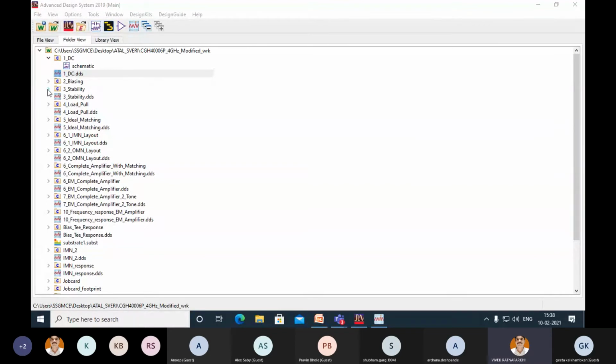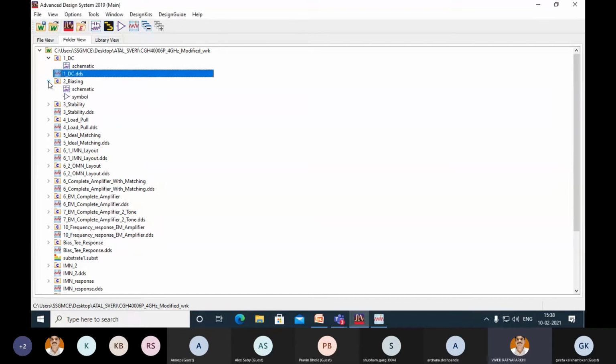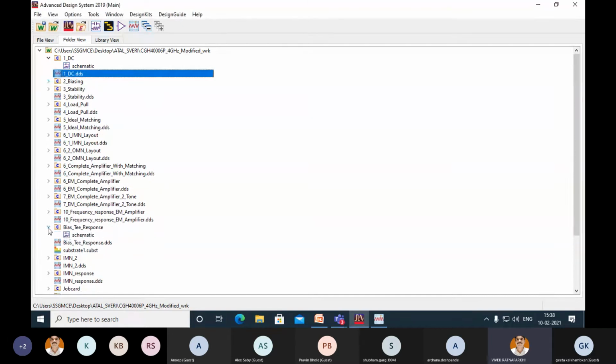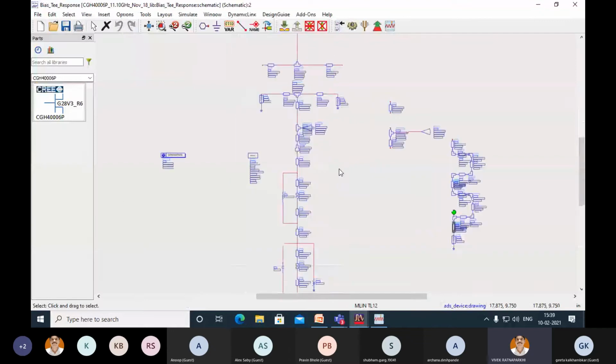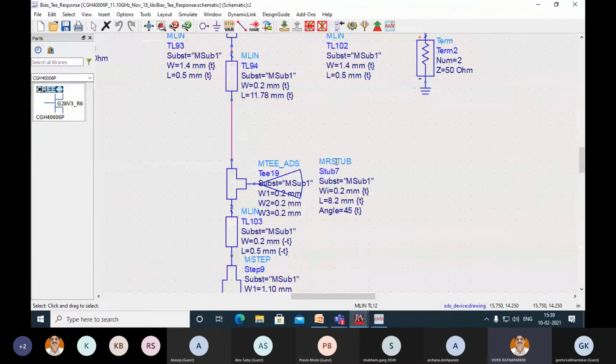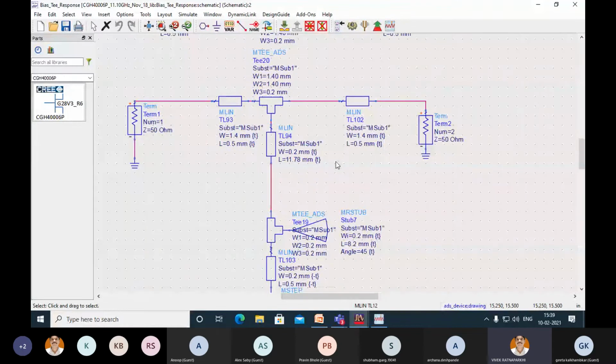So for step number 2, as you know, we have to design a proper bias T. I will first let you know how I have designed the bias T, because some of you, I think Geeta ma'am, were asking how to do the practical realization of the bias Ts. So this is the bias T which I have designed for both sides, gate side as well as drain side. This is port 1, that is port 2, and I have used transmission lines in between to connect them properly. I have selected this width as per the width of the transistor.